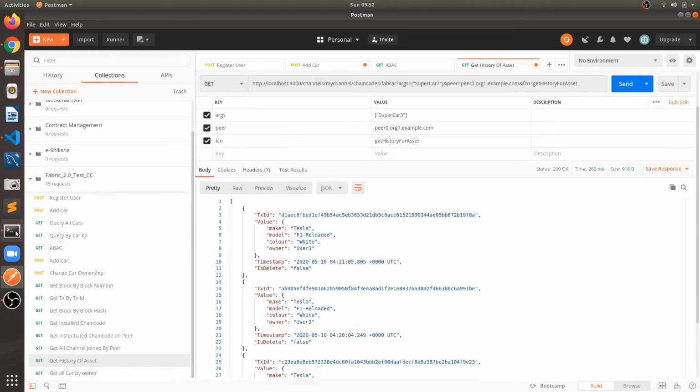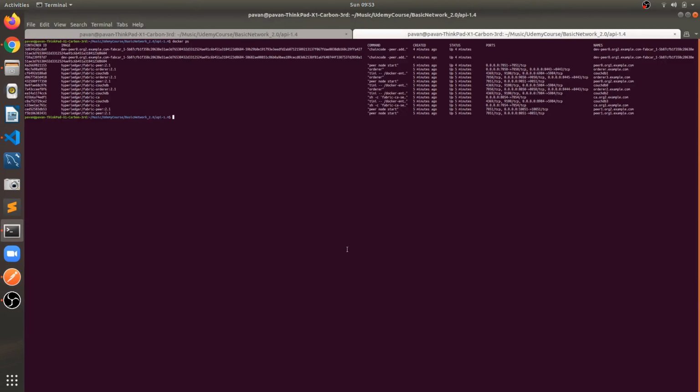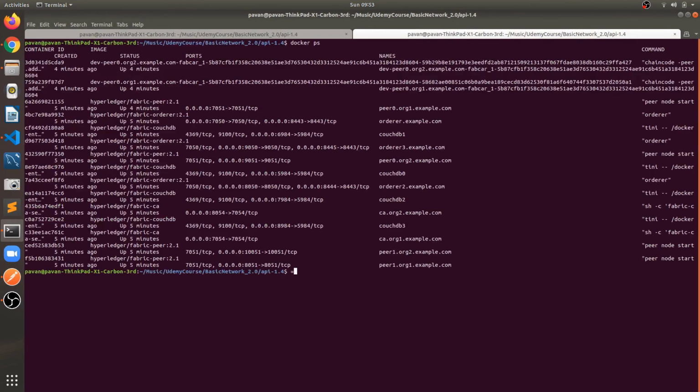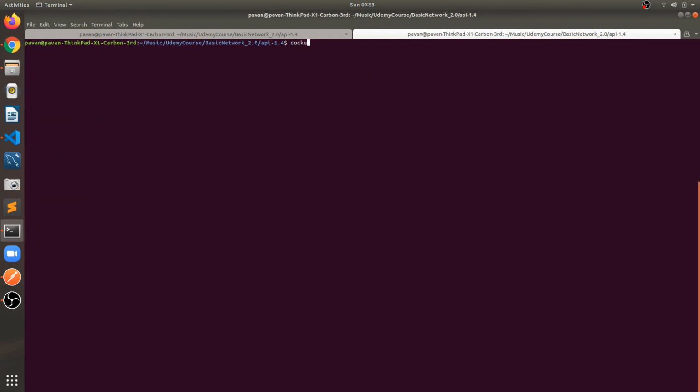And let's see where exactly the blockchain is inside the peer. So let me increase the font. Yeah, let's go inside the peer container. Docker exec peer0 org1. Yeah, you can execute on any peer, peer1 org1 or from org2 as well. sh. So right now we are inside the container. There is one location, /var/hyperledger/production, where all this blockchain data gets stored.